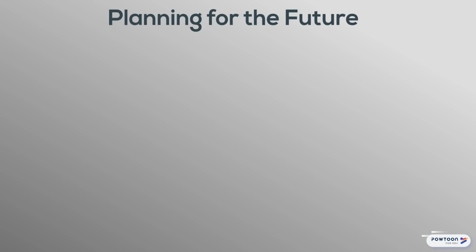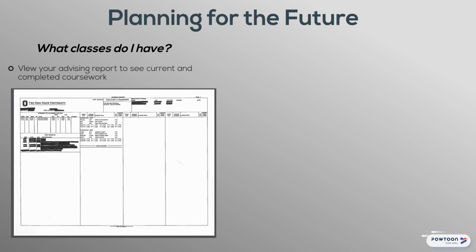The first part of planning for scheduling next semester is to have an idea of what coursework you already have completed. In order to see what classes are in progress and completed, you want to view your advising report. This is an unofficial version of your transcript and will show current and completed coursework, including transfer, PSEO, and AP credits earned. To access your advising report, go to